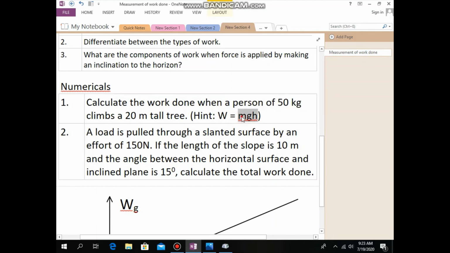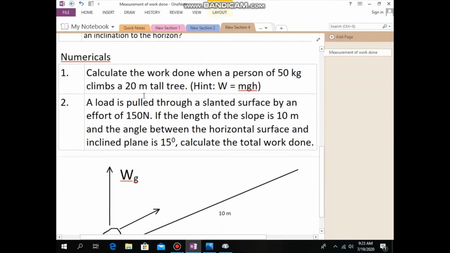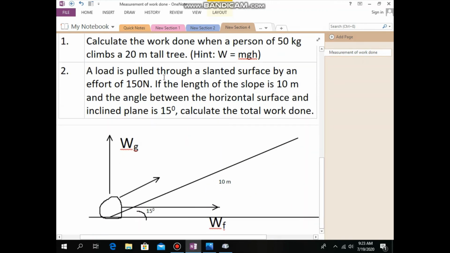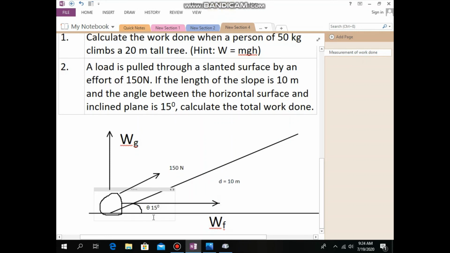Here, what is the value of m given? 50 kg. Yes, the value of g you always know, 9.8 meter per second squared, and the value of h is given, 20 meter. Okay, you can easily do this. Now the second question: a load is pulled through a slanted surface by an effort of 150 Newton. You can see this object being pulled up by an effort of 100. This is the value of